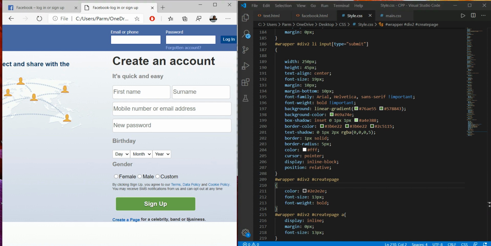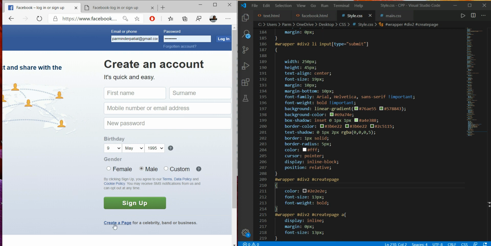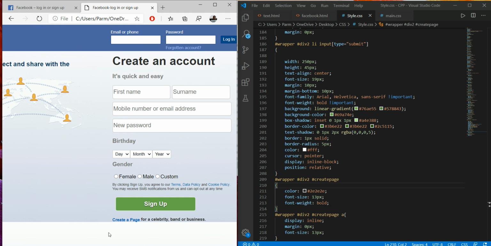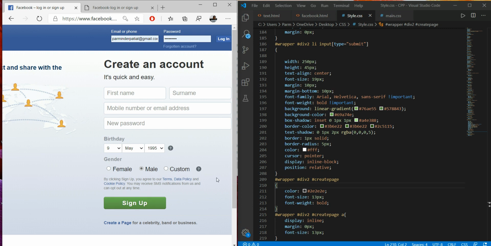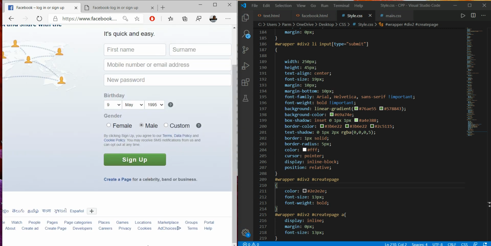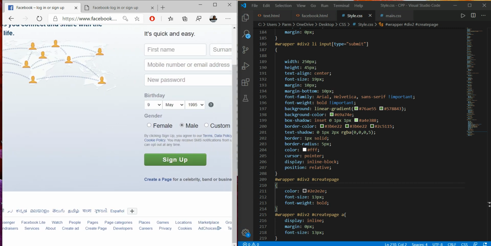Now this is done over there. Here we see it looks like the same. Okay, it looks like the same over here. Look at this. Okay, so it's almost done with the third part of this project. So we just have to complete this part, that is this portion, that we will do in the next video.